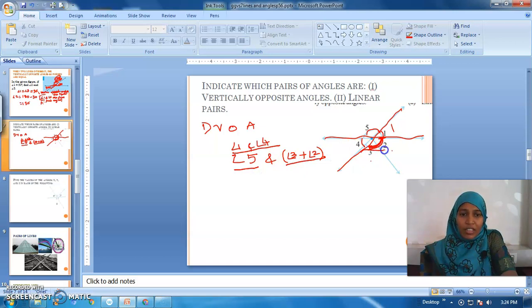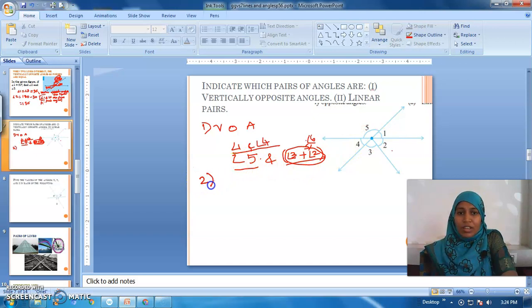If they have given a separate name for the whole together, some other number like 6 or 7, then you can use it. You can state it in the beginning itself: angle 3 plus angle 2 is equal to angle 6. Then you can say angle 5 and angle 6 are vertically opposite angles. Hope you understood, my dear children. Can you find any other vertically opposite angles here? No. Shall we move to the second now?